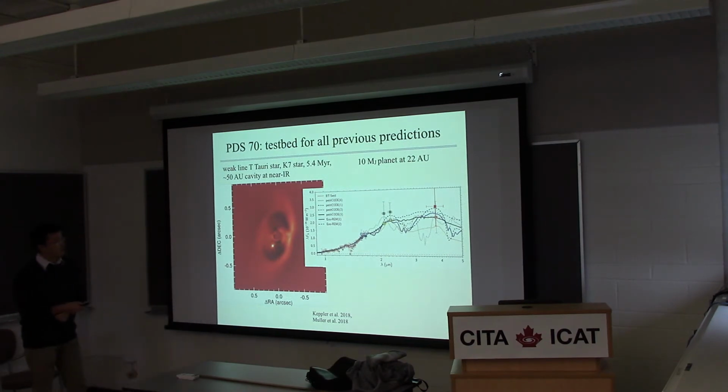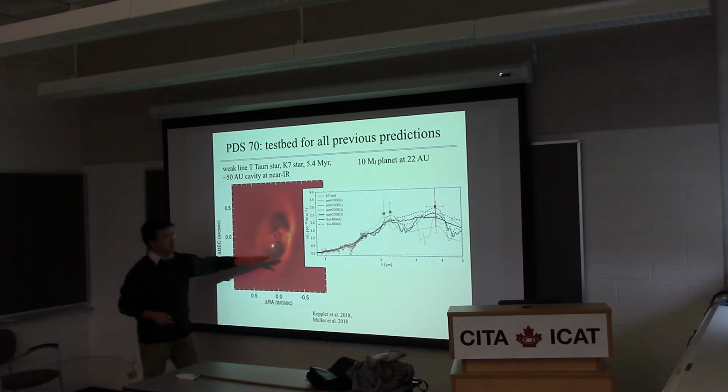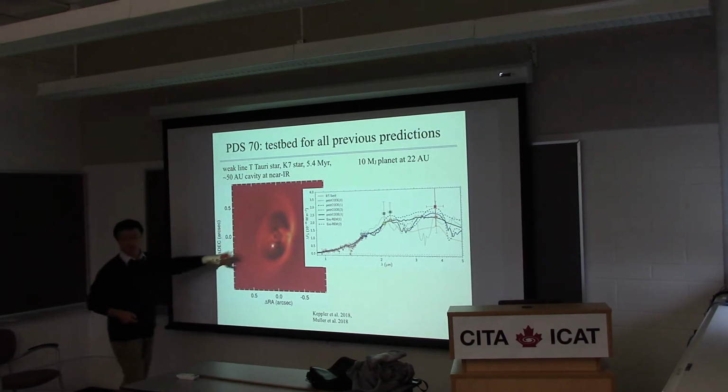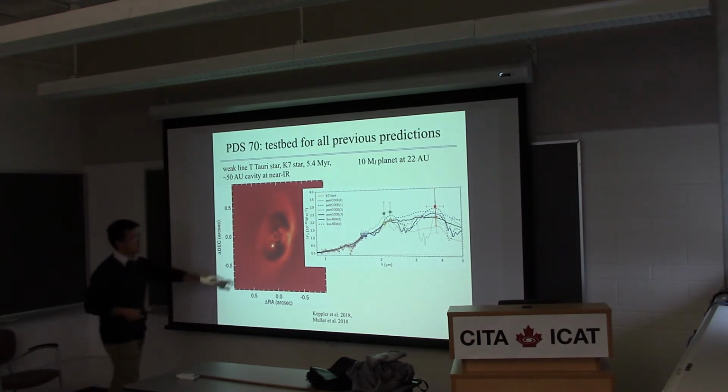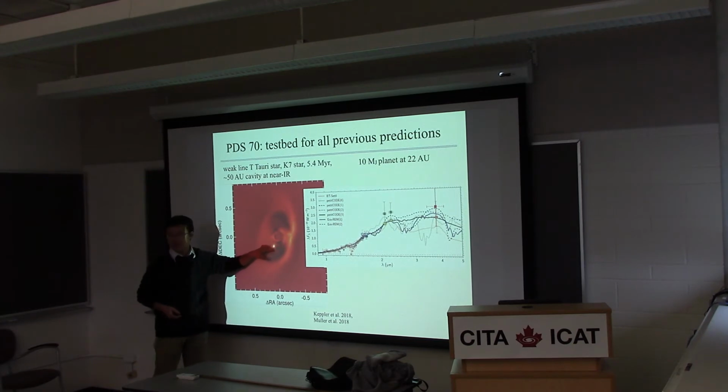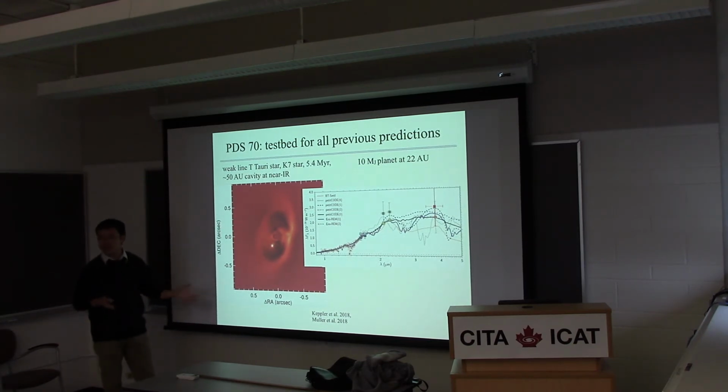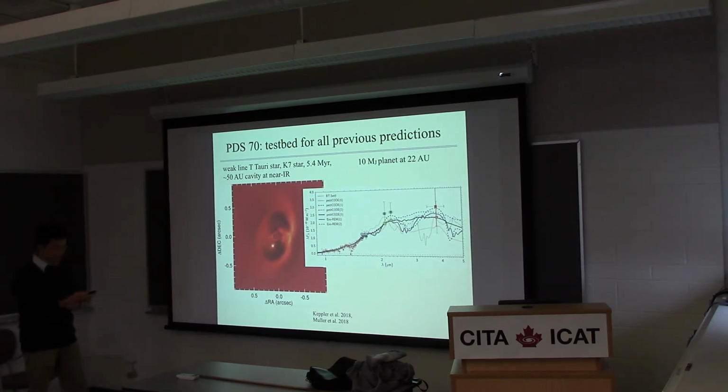So now we are pretty confident this is a young planet in the disk. The mass, we are not sure, maybe 5, maybe 15, but there is indeed a point source inside this cavity. So with this planet detected, now we know where the planet is. We should be able to test all the theories we said before, like the gap opening stuff and